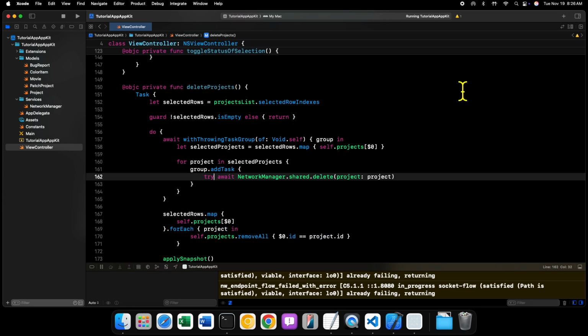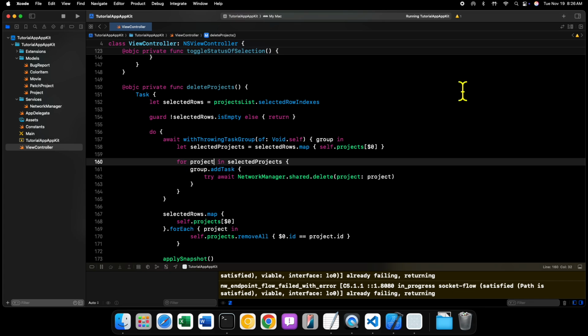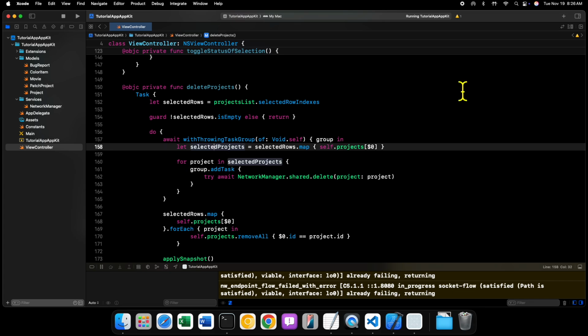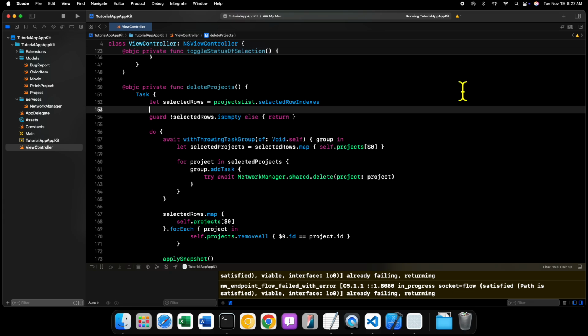Let's go ahead and see what this warning is here. Okay, so it says there's no error that gets thrown in the do block, but we have our network code marked as try. So we can, just to double check,